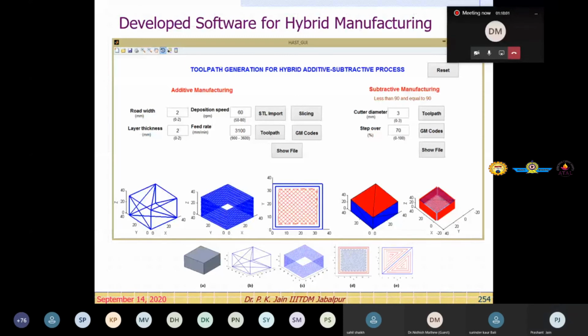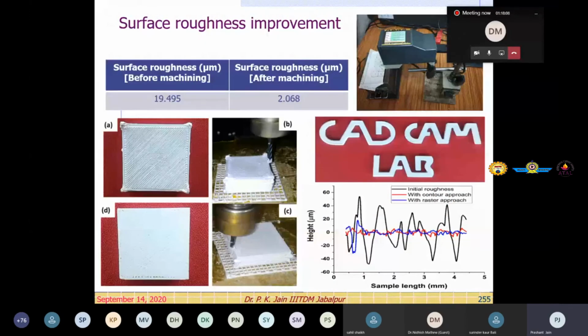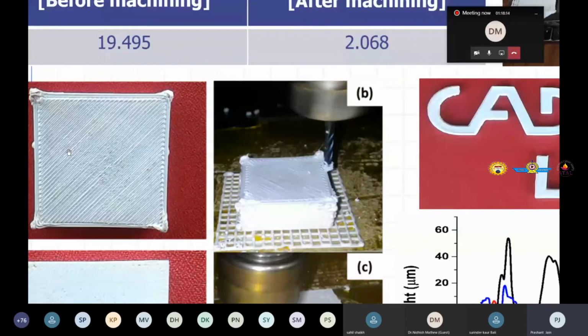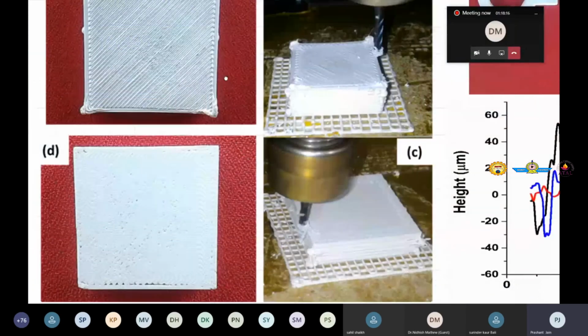So you see that based on this, we perform the surface roughness analysis and you can see how smooth parts we can develop, right? This is the top surface of the part. Look at this when we do the machining, how this part looks. So this is the hybrid subtractive additive machining. You see, this is the top surface machining, this is the profile machining, right?